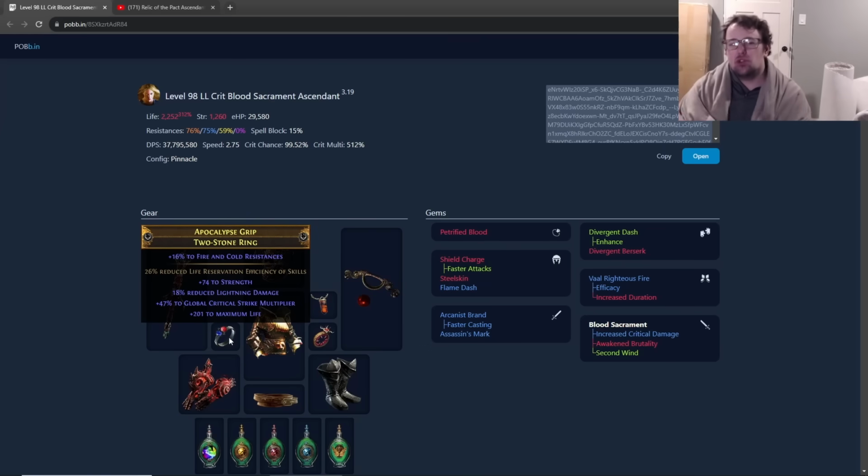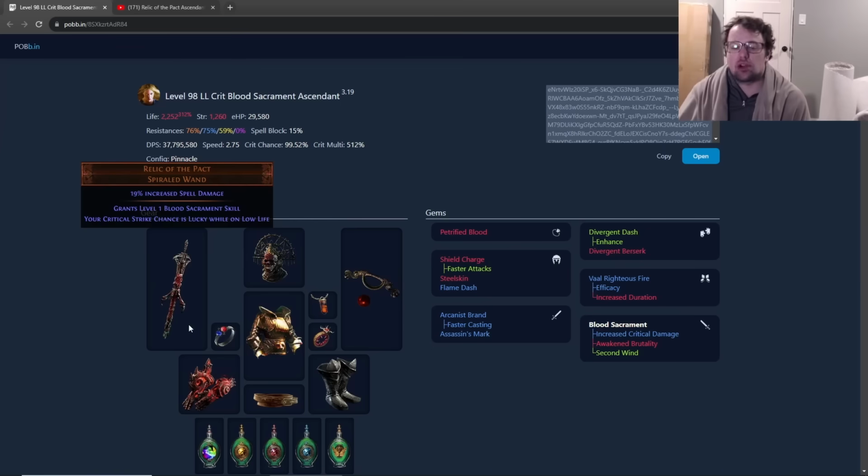Now, if you played Relic of the Pact, you might remember you had to do some tricky mechanics with specifically reducing your reservation efficiency to a certain number to get the perfect one-tick cast. That number is 92% reduced reservation efficiency. The way that works is if you have 92% reduced reservation efficiency and you have something like brutality plus crit damage plus second wind, which is your ideal links, that would give you a perfect one-tick cast where you click once,